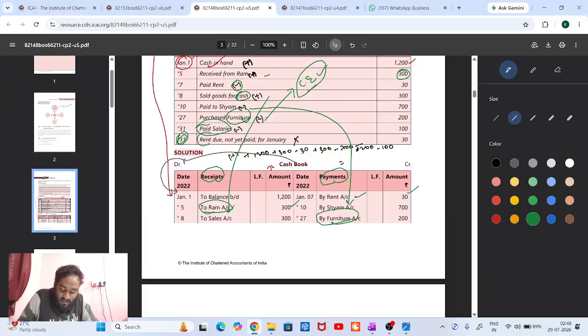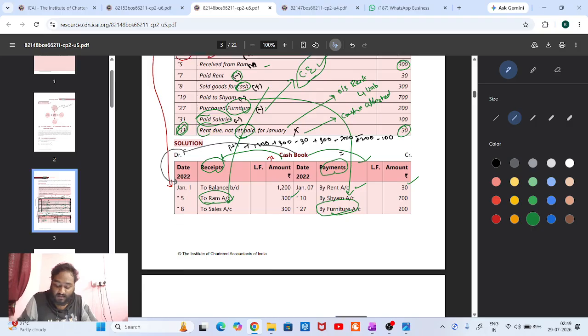Rent due, but not yet paid. It is outstanding rent. Outstanding rent is a liability, right? But cash is not affected here. We are liable to pay rent, but we have not paid the rent yet, in this month. But we are liable to pay. So it is not considered, because cash just considers receipts and payments. It does not follow the accrual concept. Remember,